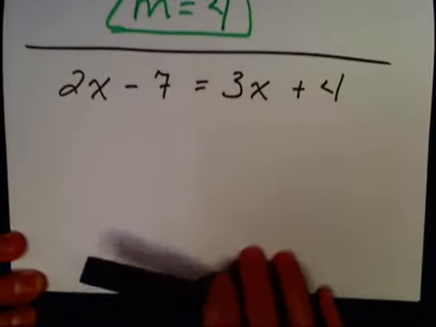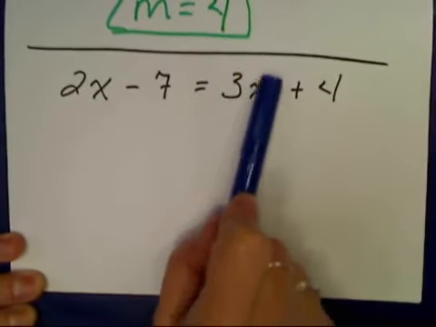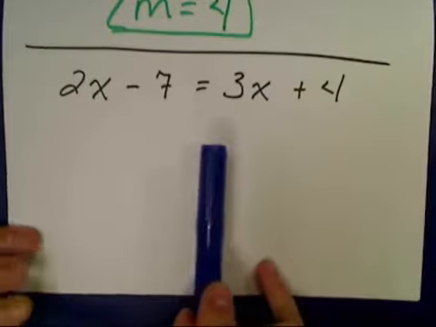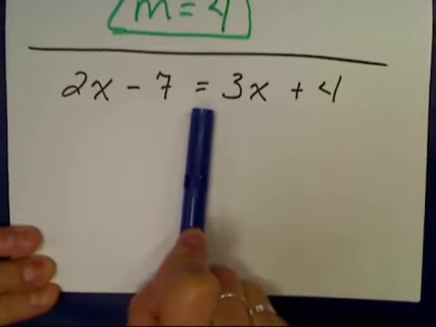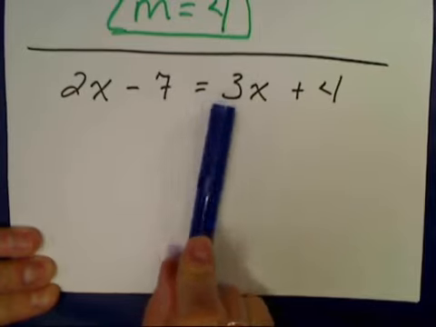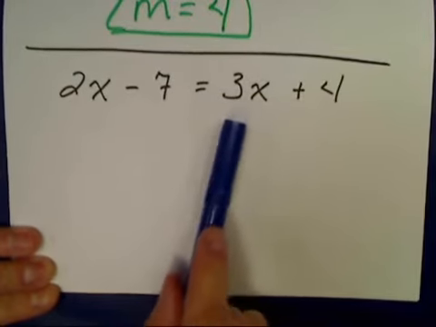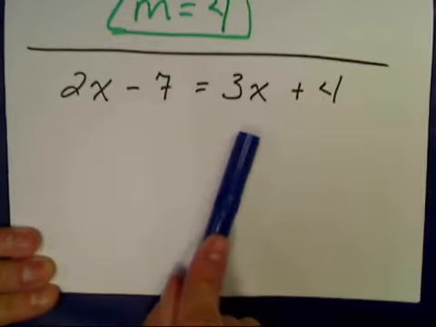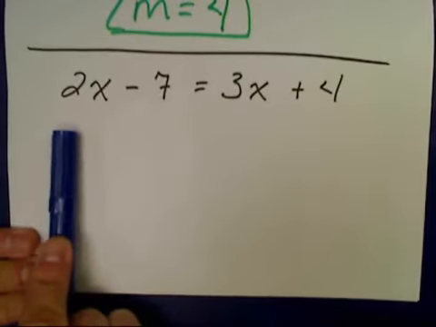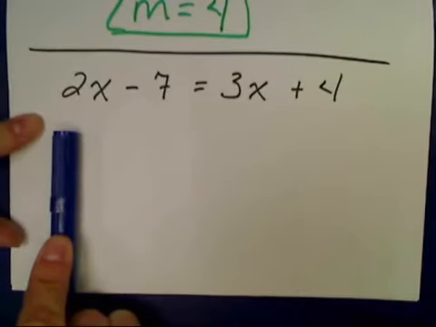That's fine, but in order to do that in this problem, we would have to take away, since we're moving the whole term, that's when adding or subtracting happens, it's a positive 3x because the sign in front of the term goes with the term. There's no sign there, it's assumed positive. So to move this whole term to the other side, we'd subtract 3x. Now if we subtract 3x on this side though, we'd end up with 2x minus 3x, which would leave us